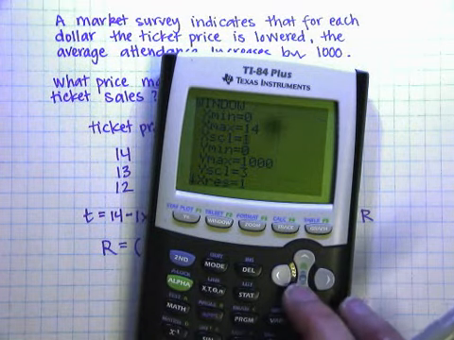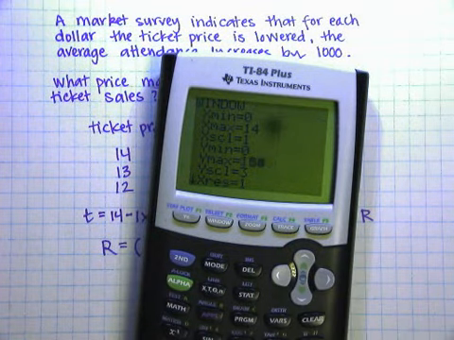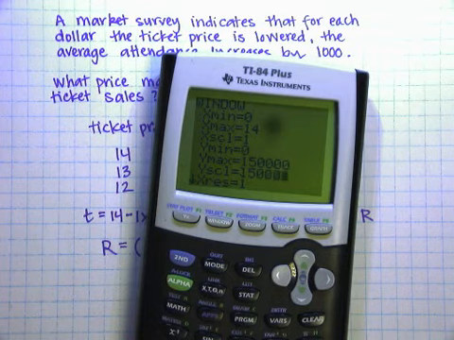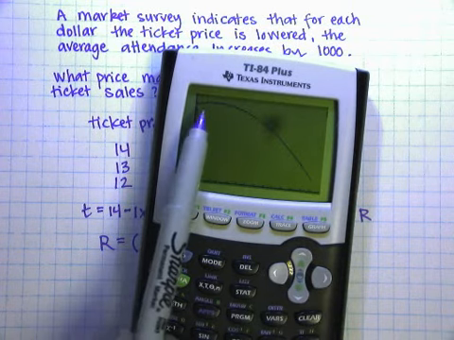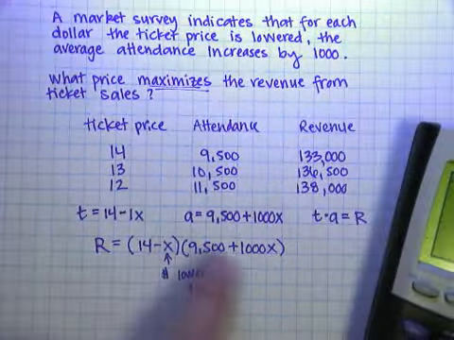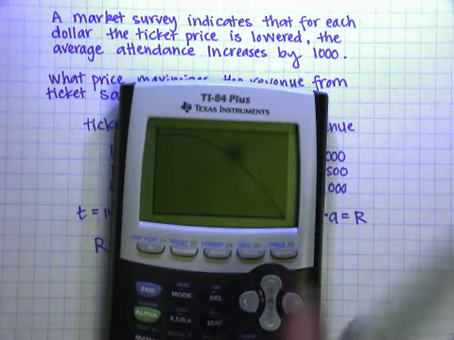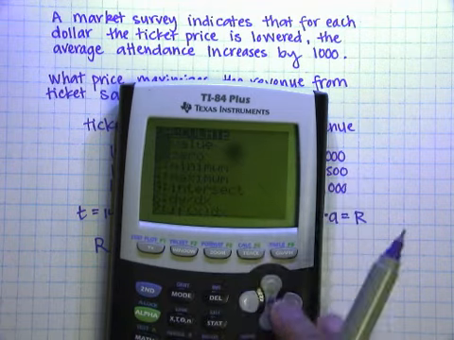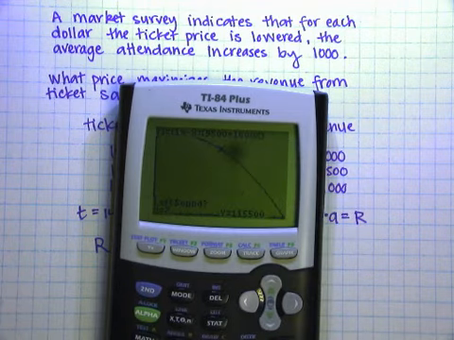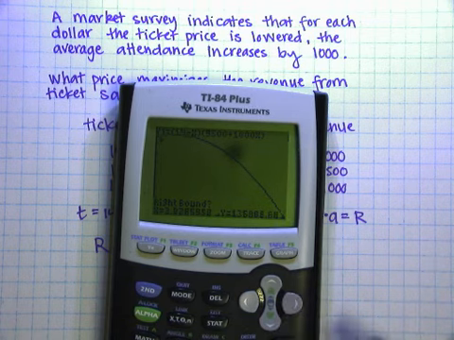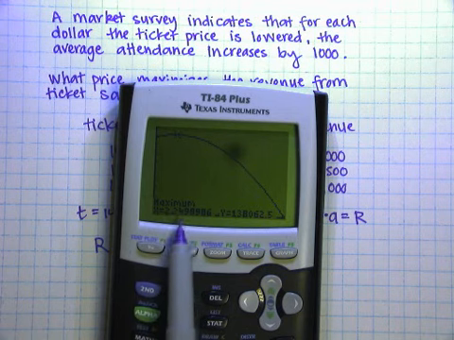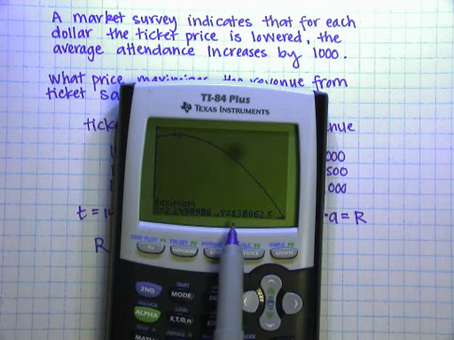So in my window, I'm going to make sure my Y max goes up to, I don't know, 150,000. And then I better adjust my scale. I'm going to just drop a 0 off so I get 10 tick marks. Now when I graph it, I should see a portion of a parabola. It's a parabola because I have an x times another x, so I know I'm going to get an x squared there. Now I want to find the maximum, so I'm going to go second, calc, max, left bound. I want to be on the left-hand side of the maximum, so here a little bit. Hit enter, and then enter again. And I get a maximum of 2.25,